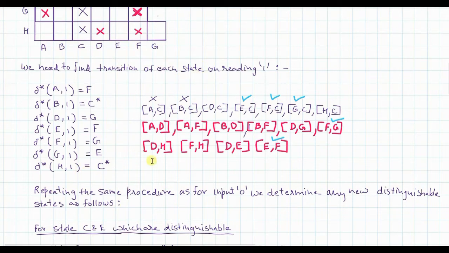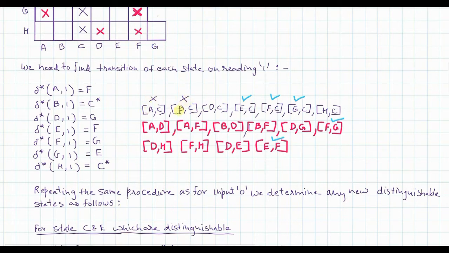Now from the already existing distinguishable states that we have, looking at the right hand side, you need to figure out which pair of states will be fruitful in giving you new distinguishable states. When you consider A comma C, notice that C is there on the right hand side, however A is not there, and that's why the pair A comma C cannot give you any more distinguishable states from here. That's why I am ignoring it.